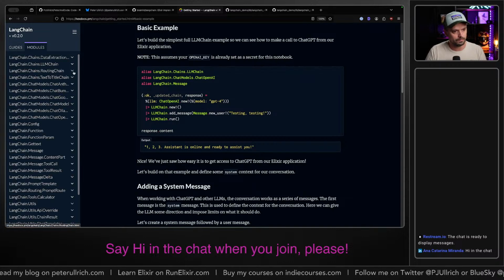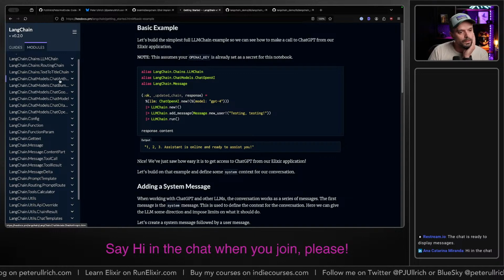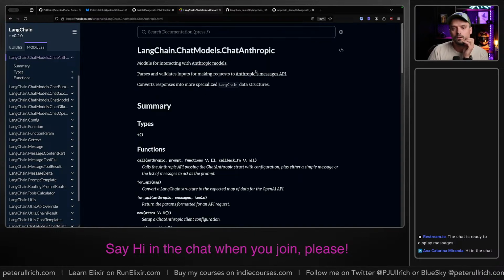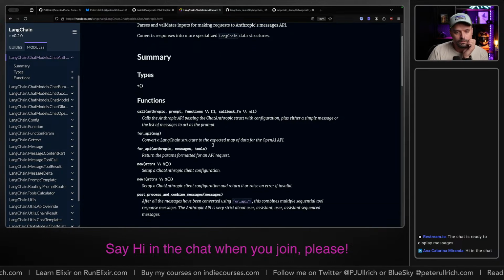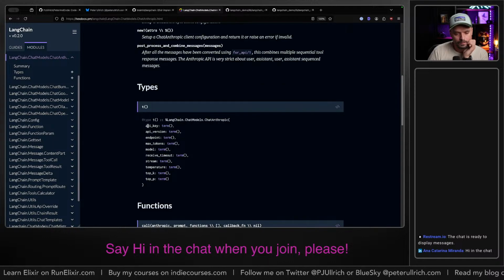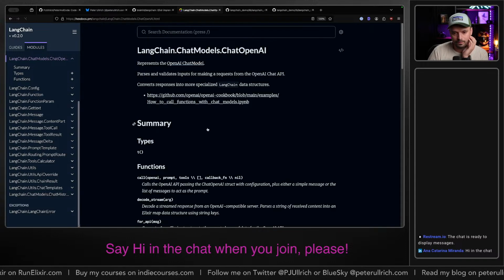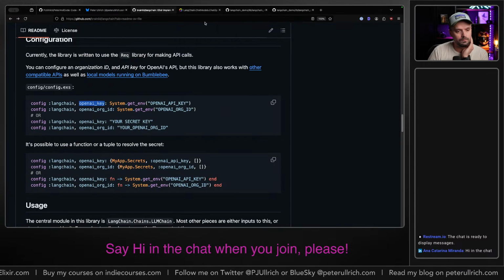Okay, then it's chat models. Which one is it? Chat Anthropic. Types. API key. Is it just Anthropic? Because this is OpenAI, but it's chat OpenAI. So here it's only OpenAI key.